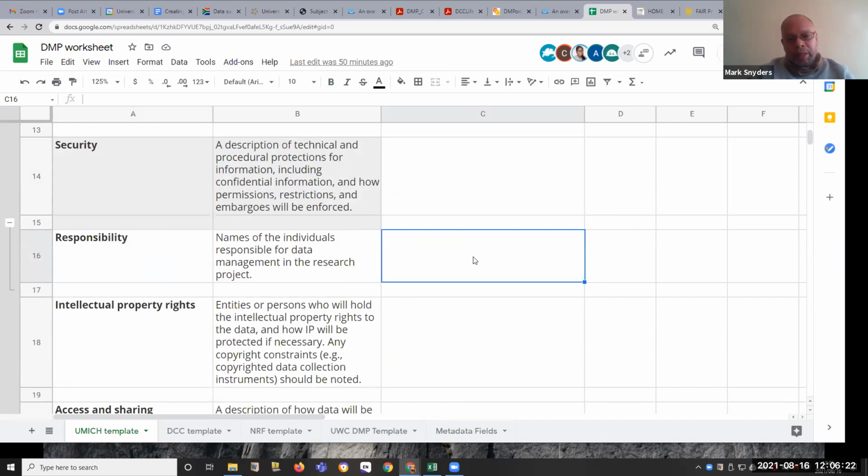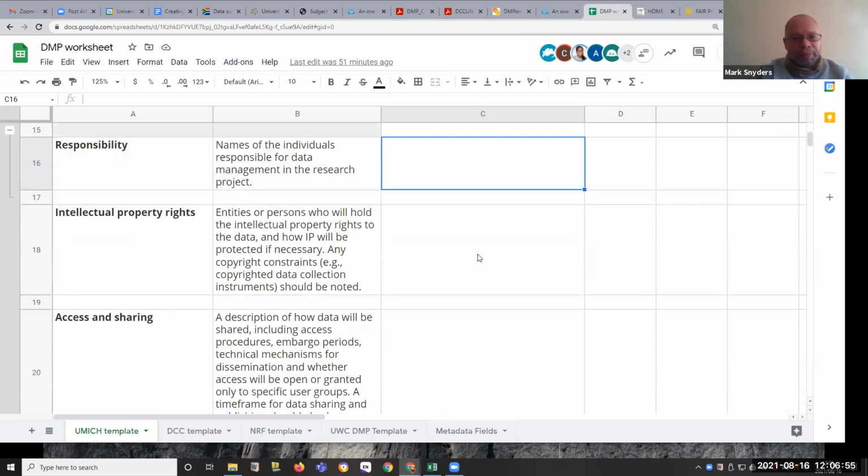Here you would have responsibilities. So here you'd have names of individuals as responsible for the data management of the research. In this case, it would include the principal investigator, but as well as any outsourced people that are going to help. So in this case, if it's a larger, let's say a national research project, you would have a principal investigator and you will list all of the details of all of the individuals who are participating in the project, as well as people who are analyzing or storing the research data.